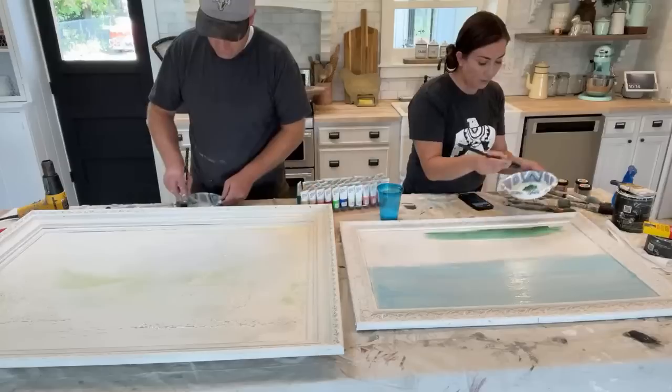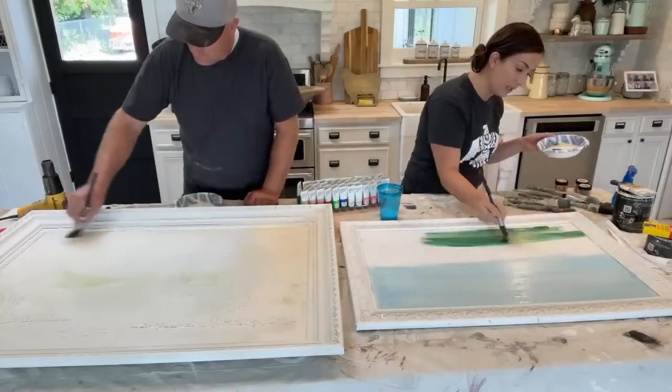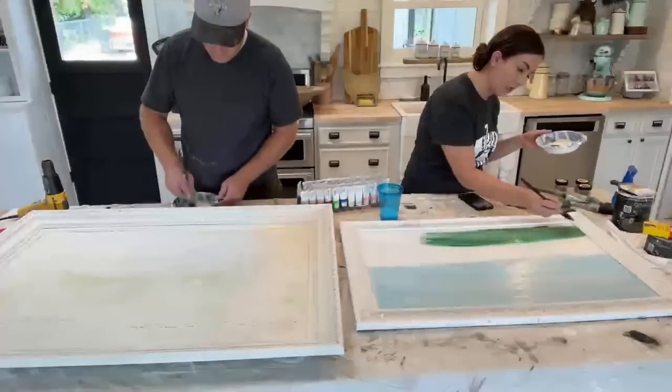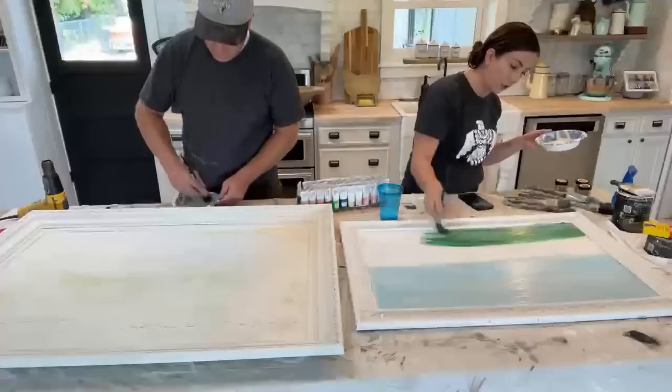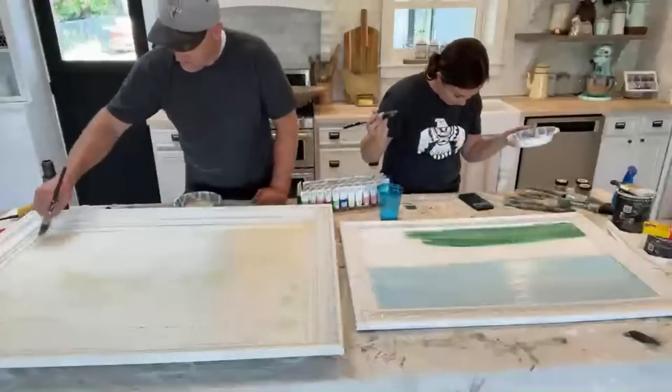So I'm just dipping my brush in these two colors and bringing them across the bottom. This is just the background. Eventually we're going to layer on these stamps and color them. So mine is gonna be a